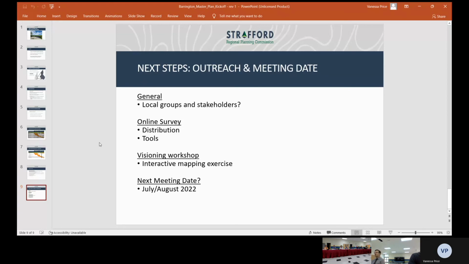So we can tailor the survey and the visioning exercise so that first they're not redundant of each other and then kind of bounce off each other. But yeah, you guys are the local experts as far as where we can get in contact with people, to urge them to come to a visioning session or provide their input on a survey,